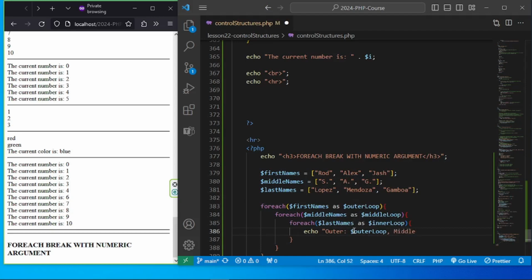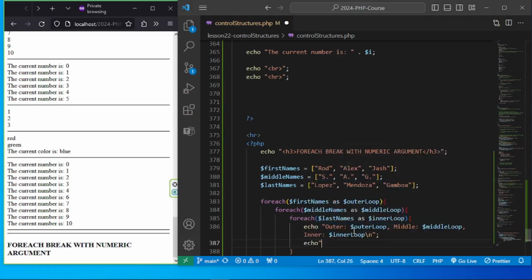Have a middle loop and inner, and we'll have that inner loop. Let's have a line break and that statement, echo a new line. Let's go to a new line there. Then